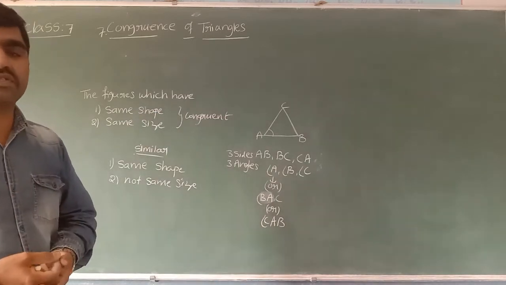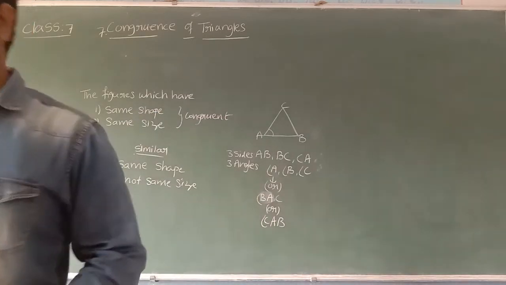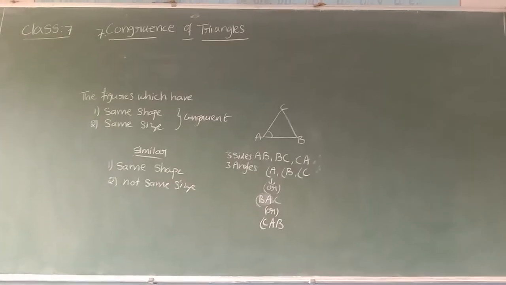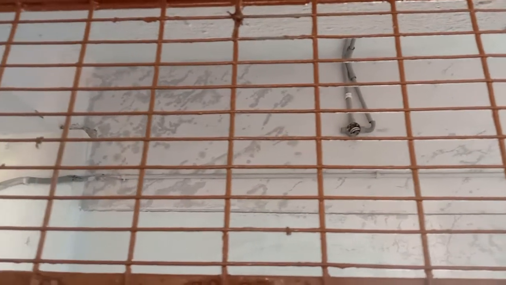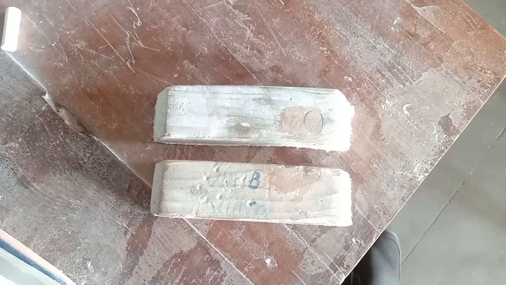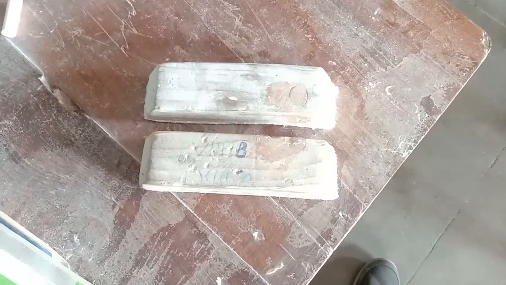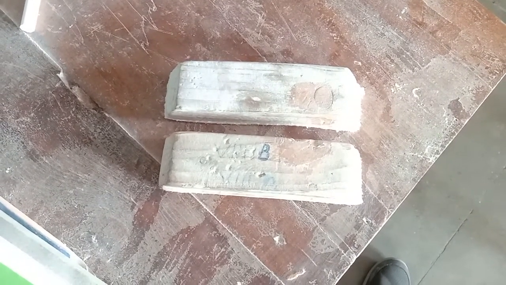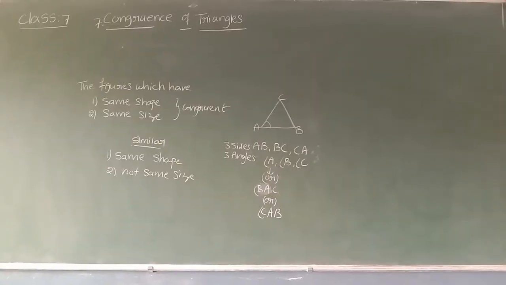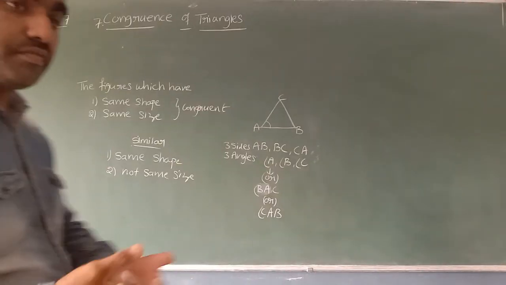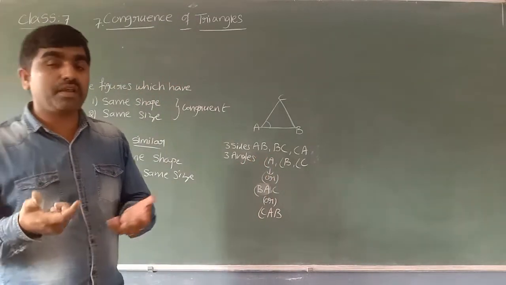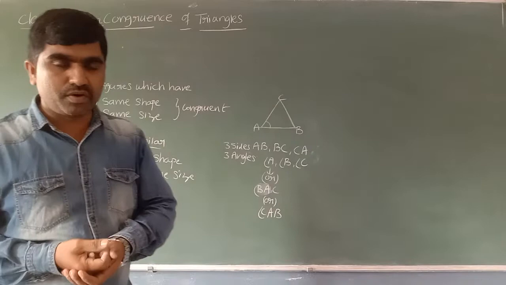Now let's see some more examples of congruent objects in our classroom. You can see there are some rectangular grills, and all those rectangular grills are congruent. It means they have the same shape and same size. See, I have two dusters, both the same shape and same size also. Even these two are called congruent. Children, like that we can see many objects in our daily life which have the same shape and same size, I mean congruent. Hope it is clear to everyone what is meant by congruent.